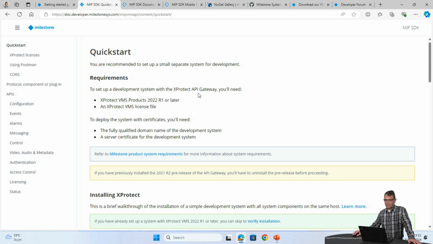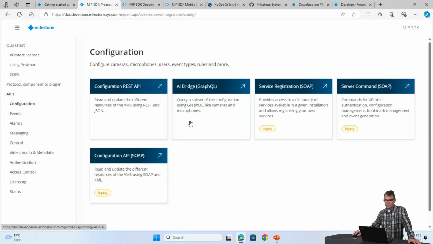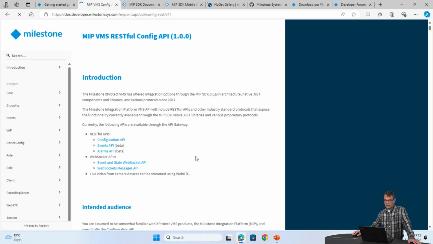If you're already skilled and know the system, then it would be more appropriate to deep dive. I'll try to show you now, going to the configuration REST API. Again, this also starts with an introduction and a small exercise. Can you log in and get the first information? It's very recommended that you follow that.